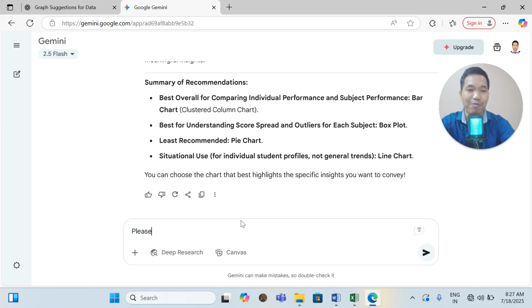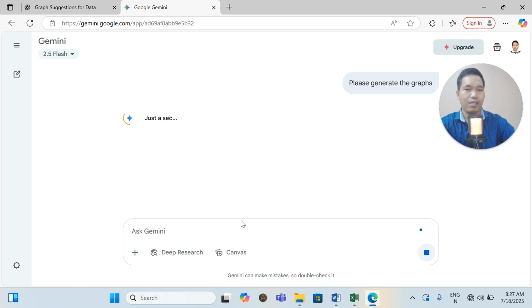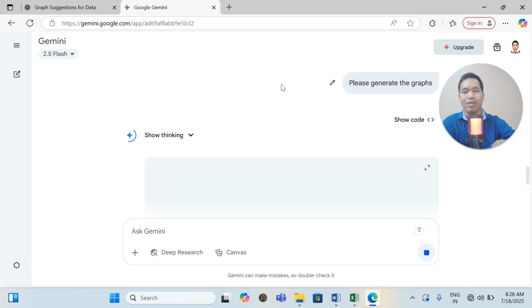you don't need to say please, but I'm just writing please generate. Okay, you can go ahead with graphs. I'm very used to saying please and all these things, because it taught me what to say, my behavior as well. Whenever I ask something, I feel I should say please. Whether the person gives it to me or not, I will approach him in an appropriate way.